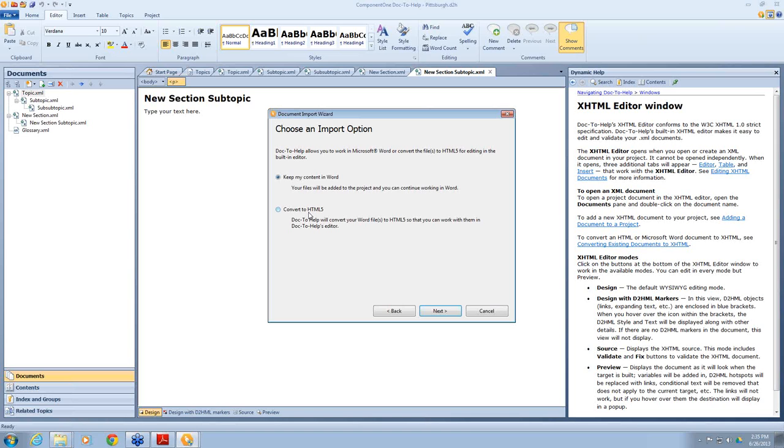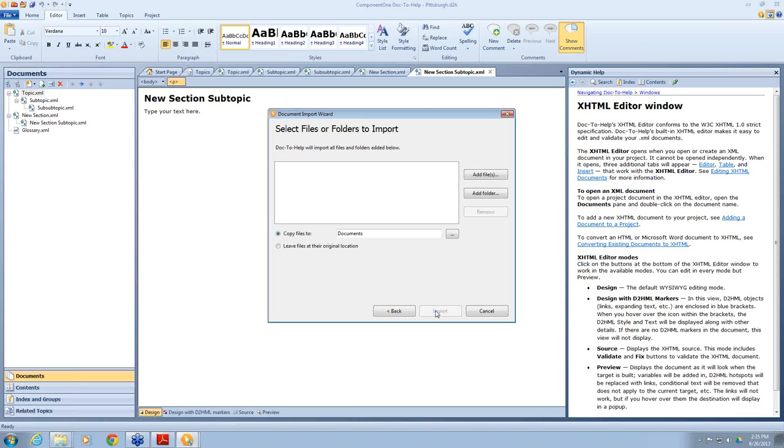So if the content is already in Word and you're already comfortable in Word, just keep it in Word, don't convert it to HTML5. But then down the road, if you want to write new content, then you could just start fresh in HTML5 and write that content fresh in HTML5. Okay,